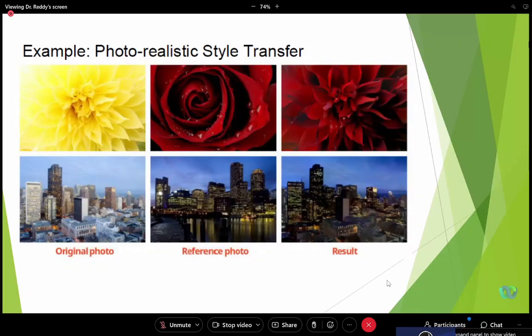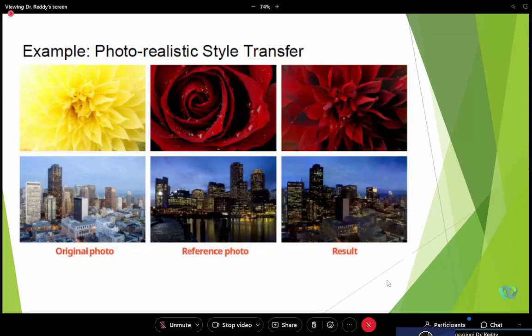The lights, night lights. If you can observe, these two are not the same images. The first image is different, the second image is different. Two different cities, assume that. The first image is captured in daytime, the second image is captured in nighttime. Now our job is taking a reference from the second image.